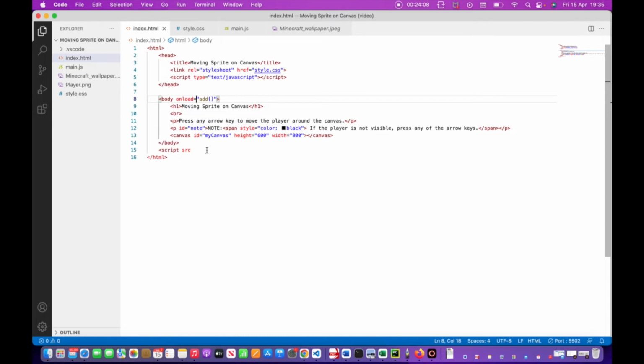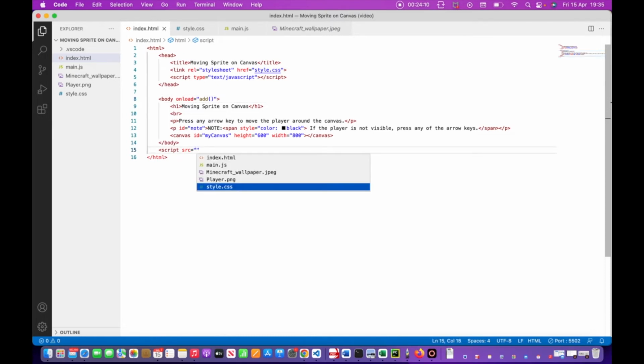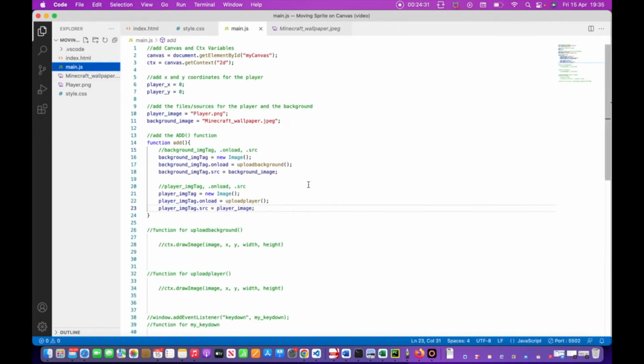Now script src equals, and then in double quotes we have to put main.js because that is the source, and that ends the tag, and we are finally finished with the HTML in just 16 lines. More like 15 or 16. Yeah. Now let's go back to JS and